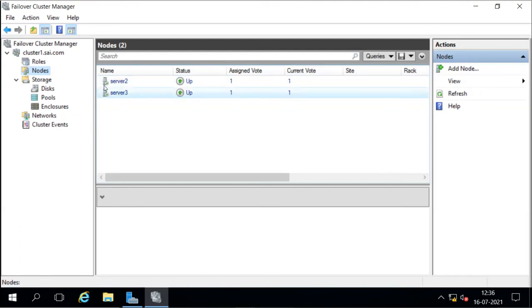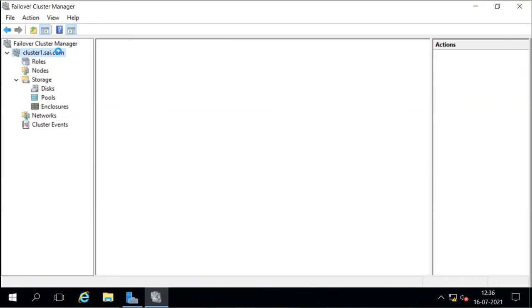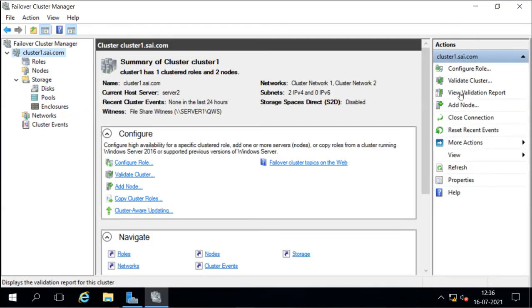And after configuring the role, we will verify this setting by running this validate configuration wizard, validate cluster configuration. We will check whether our settings are proper or not, and then we can go on to create the virtual machine.